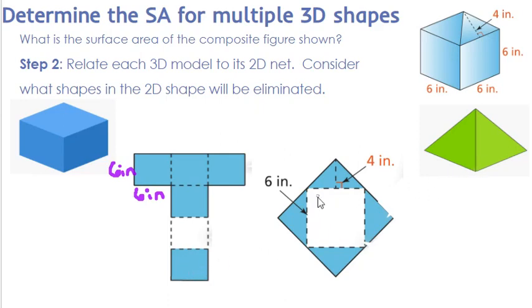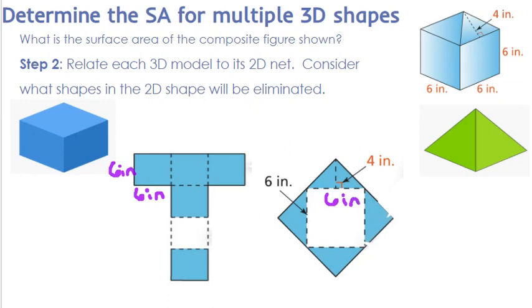For a rectangular pyramid, again, we're not really worried about the square that's on the inside, but we are worried about these triangles. Each one of these triangles has a height of 4. We can see that from the image right here, noting that this is perpendicular to the base, which is 6